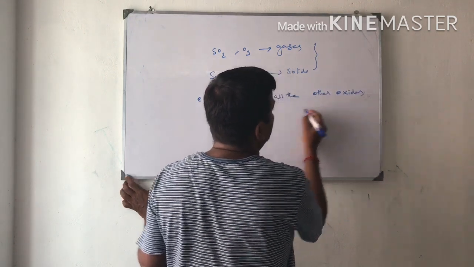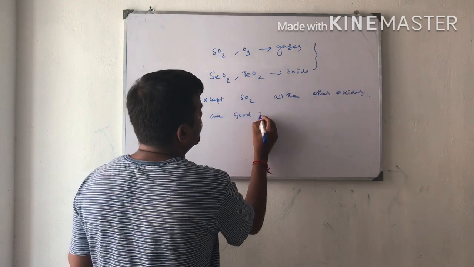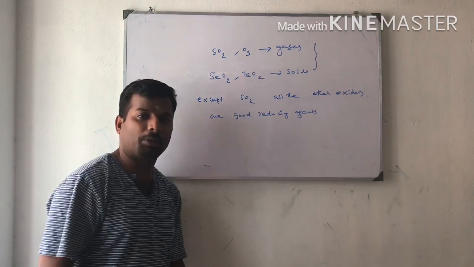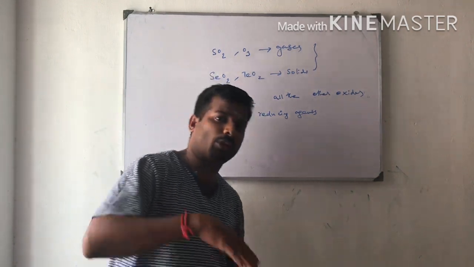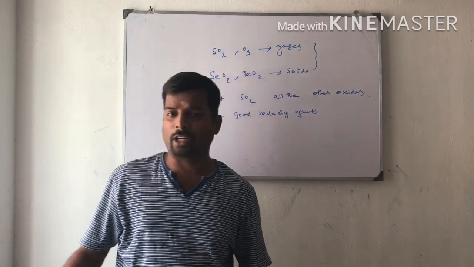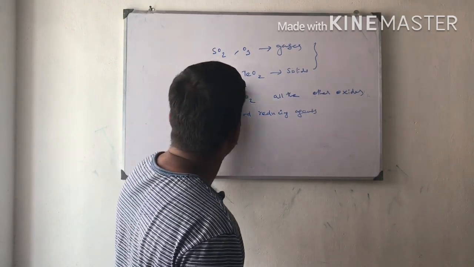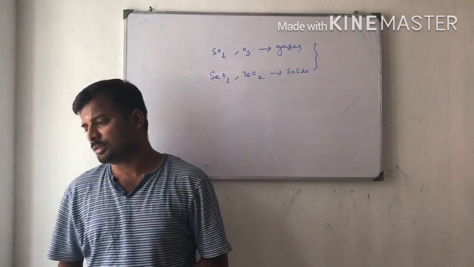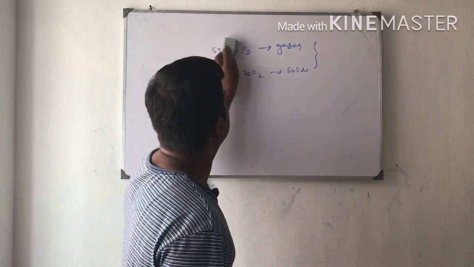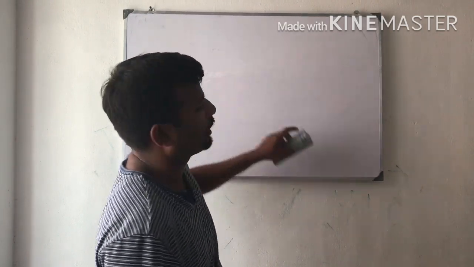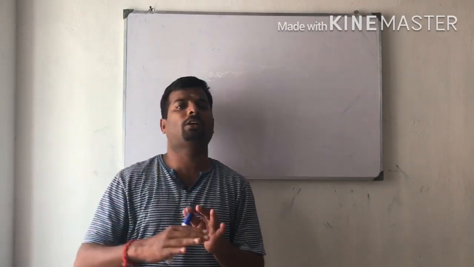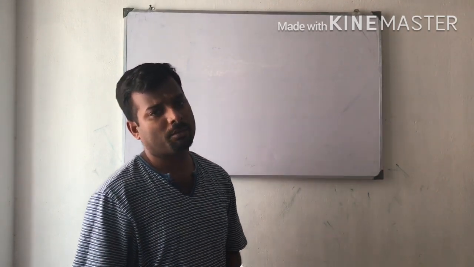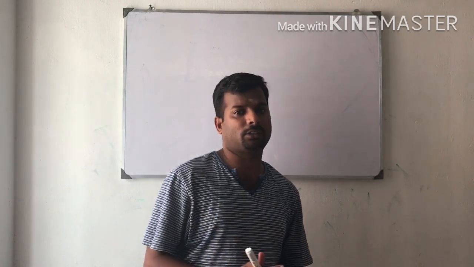oxides are good reducing agents. The reason is, as moving down the group, size will increase, and the tendency to release the electron also increases. So the reducing nature will also increase. Reducing means, in p-block elements, the metal hydride reduces, giving the hydrogen. Hydrogen is given to other. That is called the reducing nature. Metal hydride is converted into metal. That is the reducing nature.